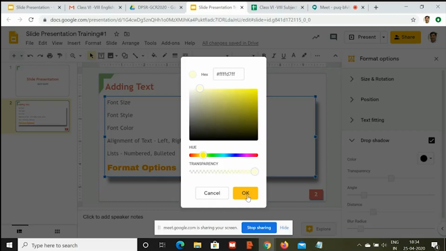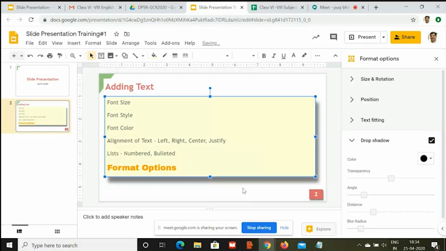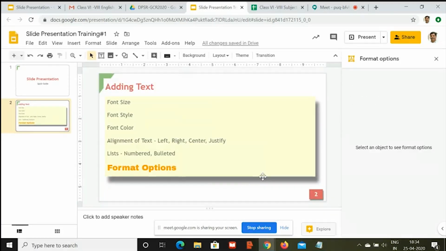Now, if I say OK, just see that the box itself is highlighted. So it is entirely up to you whether you want the boundary to be shown with a different color or you want the box itself to be highlighted. That is possible both ways, right? It entirely depends on what kind of design aspect you have for your presentation in mind, right? So this is one thing.